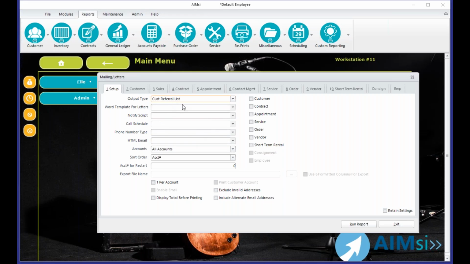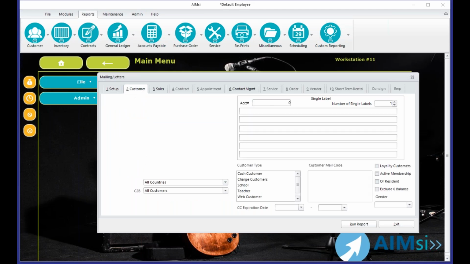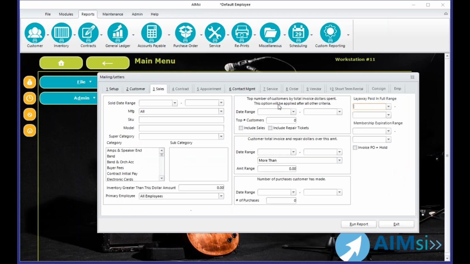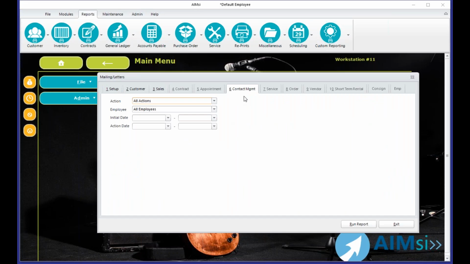But basically, regardless of the output type, one of the things you can do is choose who is going to be included on that output by checkmarking customer. And when you checkmark customer, some tabs become available up along the top. Now, we're going to talk about this report in way more detail on a future webinar specific to marketing. But you can either base your output on customers based on their internal details, so to speak, so their account range or their zip code range or their points balance or dollar balances or birthday date ranges or anything like that. You could base it on their sales history, but you can also base it on contact